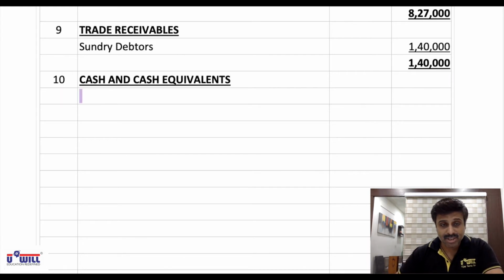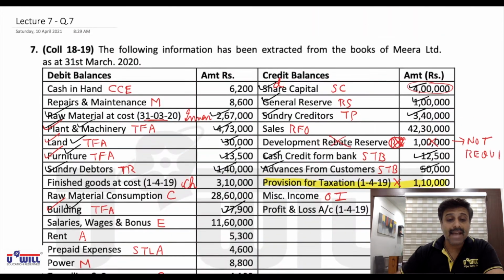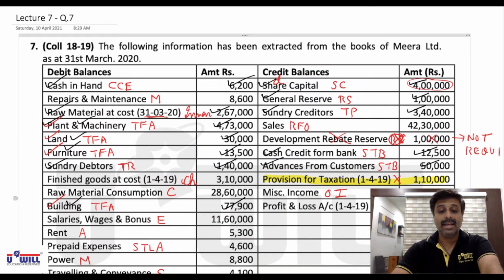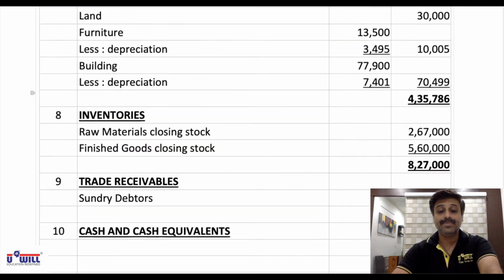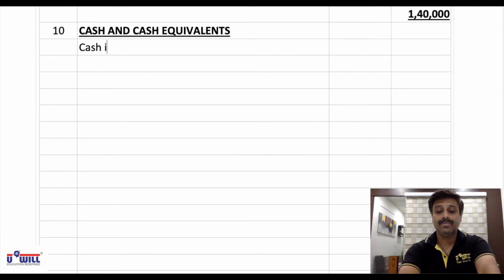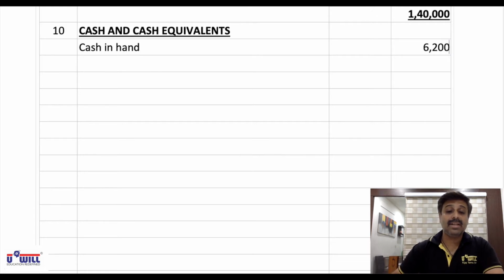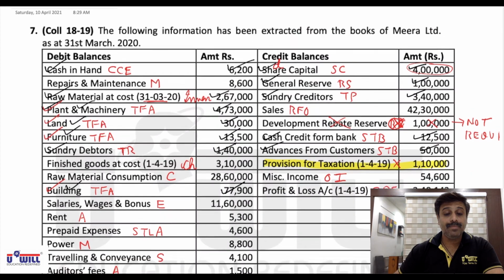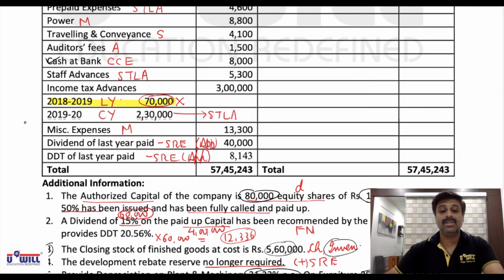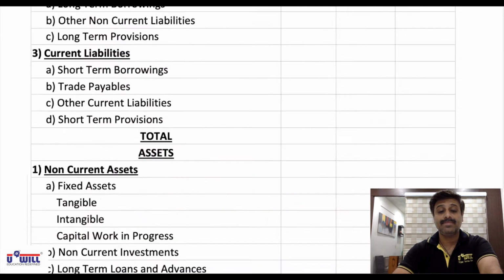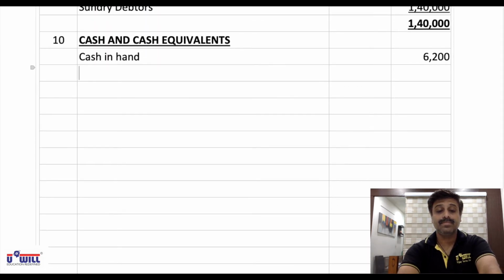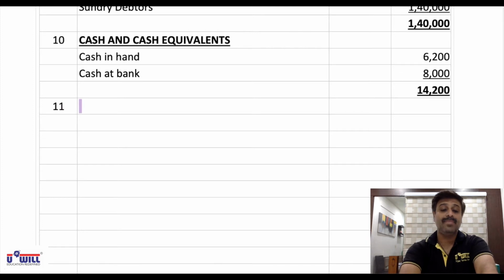CCE marked items, cash and cash equivalents. In that we will have cash in hand 6,200. Then after cash in hand, we will have cash at bank 8,000. So total will be 14,200. Then after cash and cash equivalents, we will have short-term loans and advances,